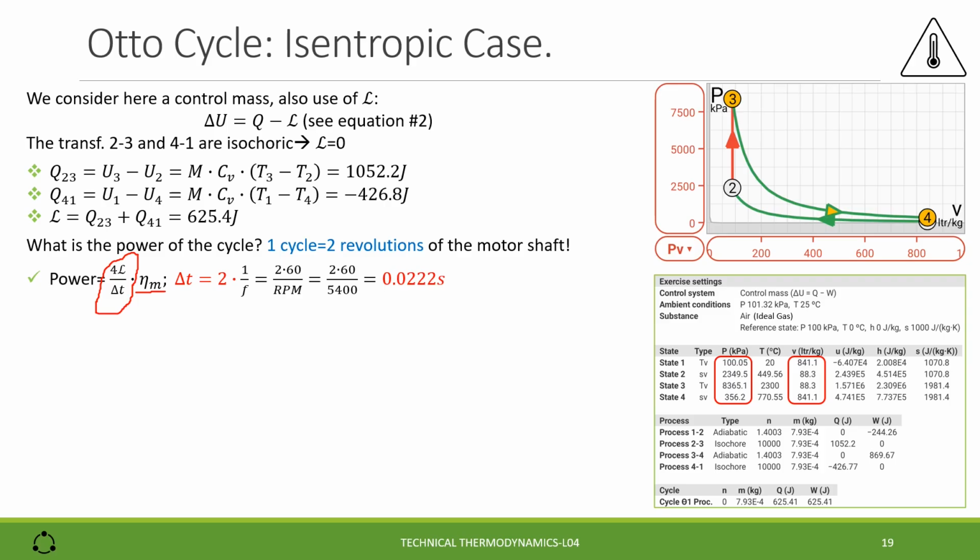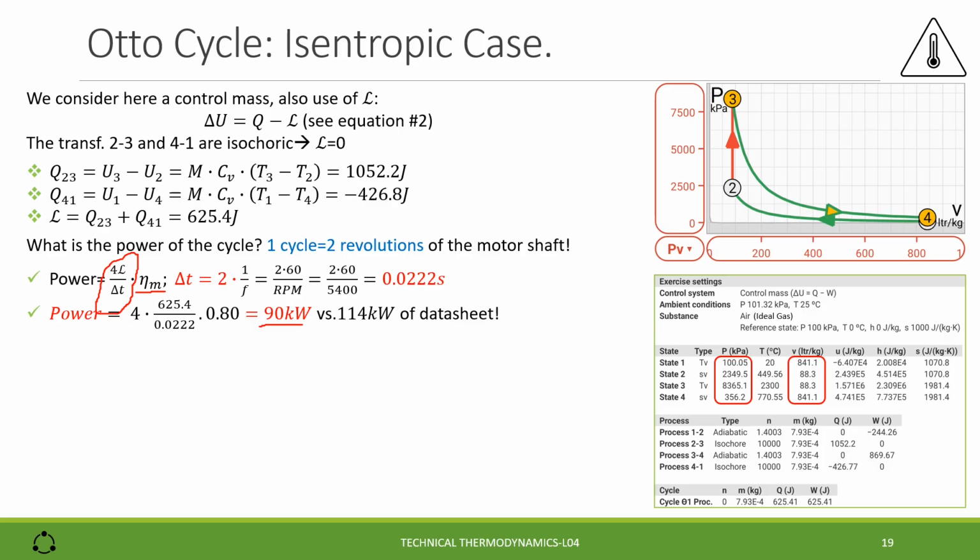Delta T is 2 times the frequency because of 2 revolutions, also 2 times 60 divided by RPM. RPM is 5400. We obtain 0.0222 seconds. If we replace the numbers, considering a mechanical efficiency of 80%, we find a mechanical power of 90